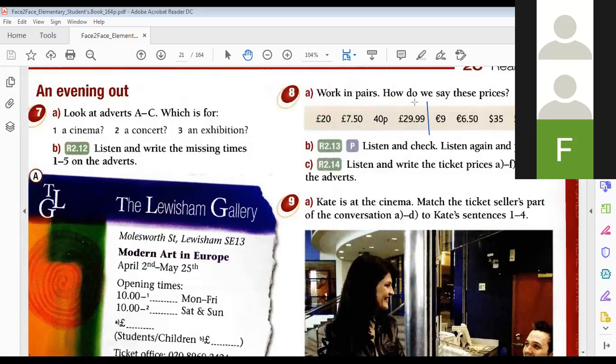Okay. Is there another way of saying this number? Manan, maybe? Do you know how to say this number? 29 pound 99. Okay, it's okay. But usually with 99, what they say is they usually say